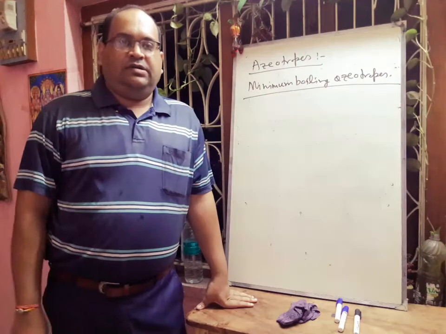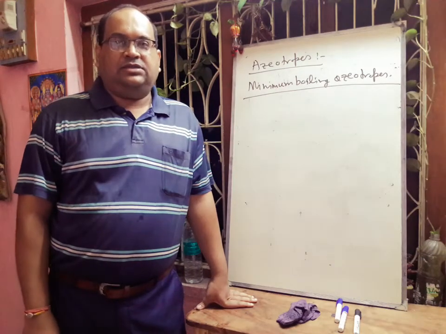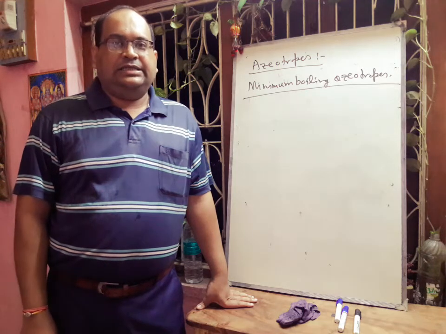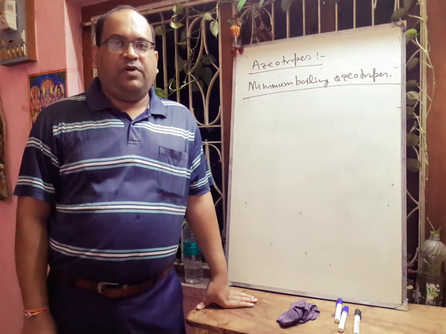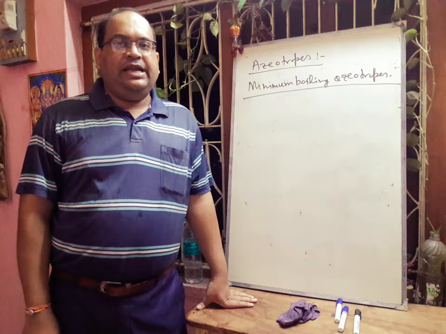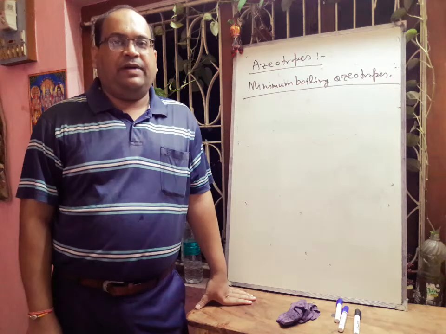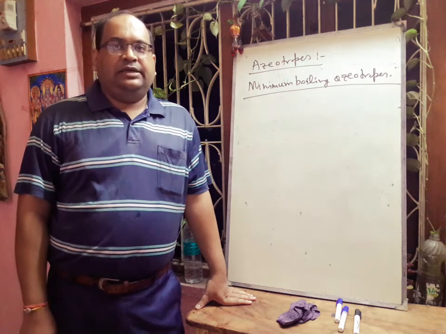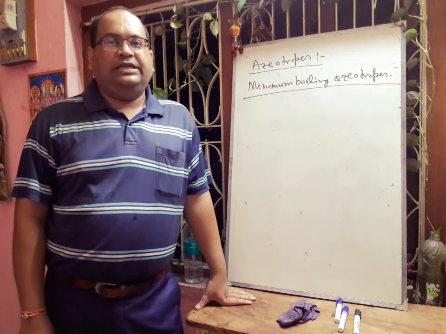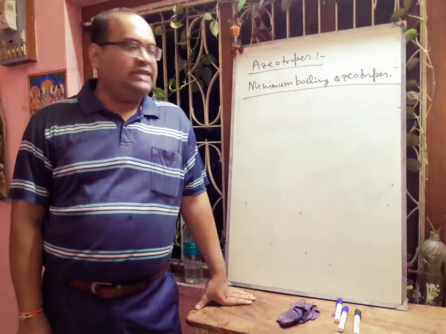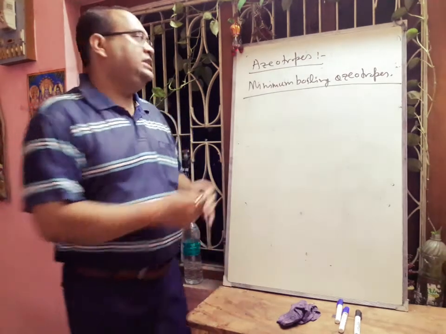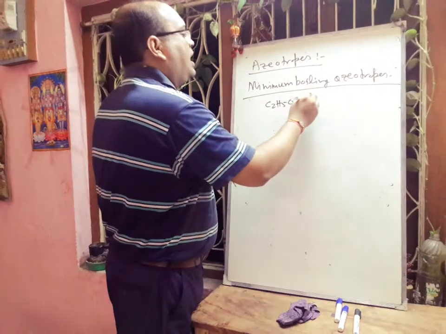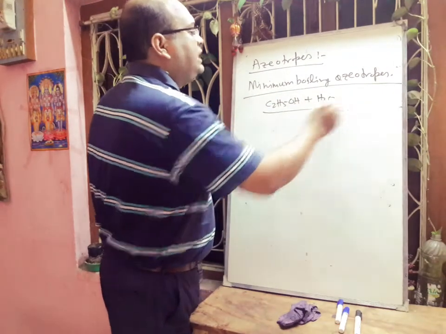These are formed from liquid pairs which show positive deviations from ideal behavior. Such an azeotrope corresponds to an intermediate composition for which the total vapor pressure is the highest and thus the boiling point is the lowest. One such example is C2H5OH plus water, that means an ethanol-water mixture.